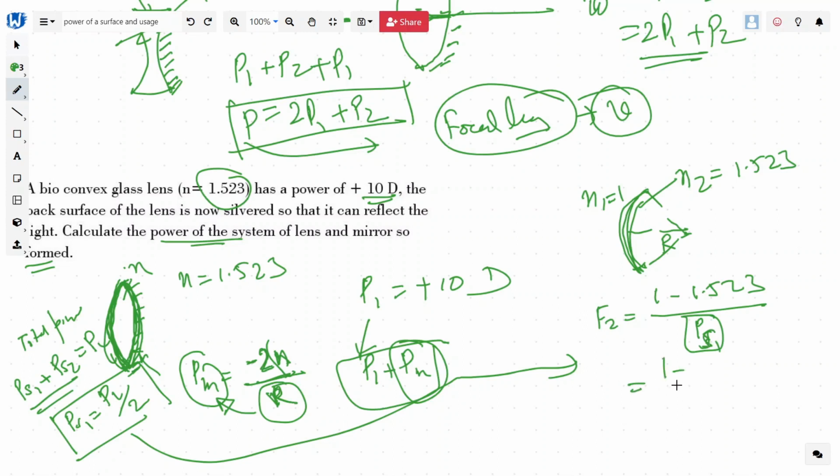So 1 minus 1.523, and the power of surface number 1 will be plus 10 divided by 2, and with that we'll be able to obtain, sorry, this will be the radius now. Okay, so we have subtracted that equation. The r is going to be equal to minus 10.46 centimeter in this case, and basically you can simply write